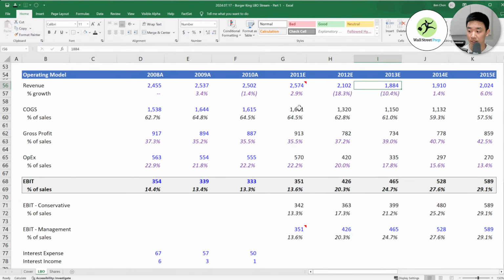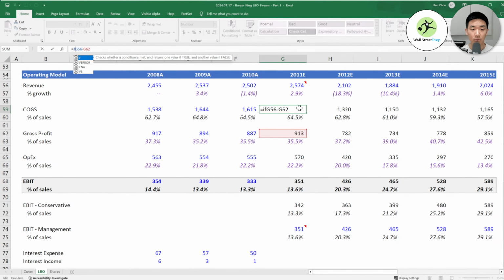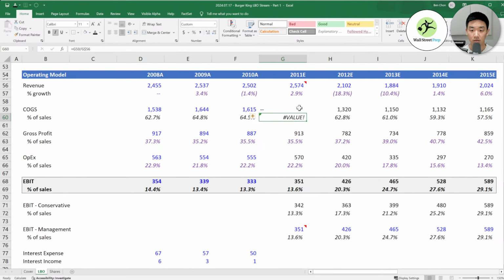So revenue we don't need to worry about. But basically what I'm going to do here is, if the case is set at 2, then I'm going to have this placeholder to say, hey, these cells aren't being used. And then we're also going to do the same thing here.